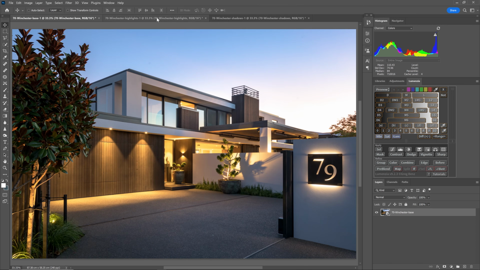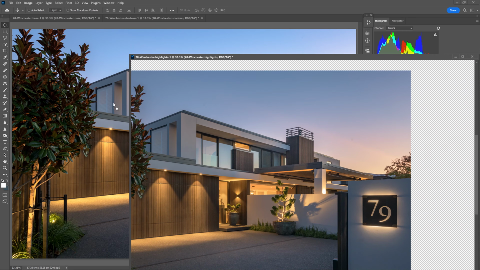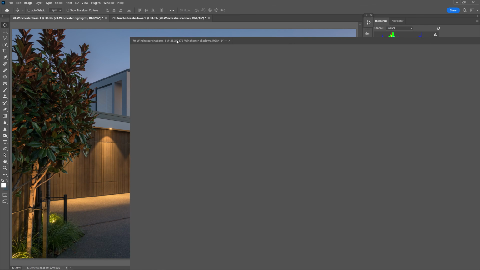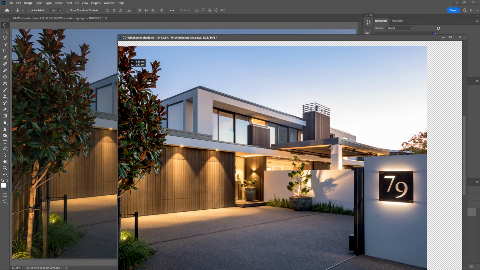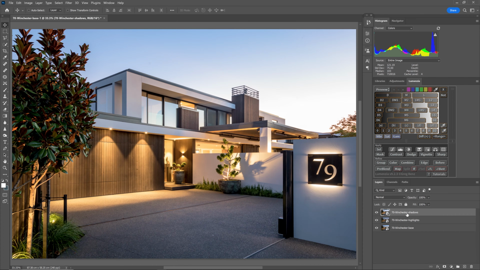With our base layer active, what we want to do is drag in the highlights and the shadows layer. With a fresh window here, I just drag across and I hold the shift key down so that I know that's aligned nicely. I'm going to pull the shadows, break that away from the bar there, hold shift again and drop that in as well. Okay, so now we have our 3 layers,